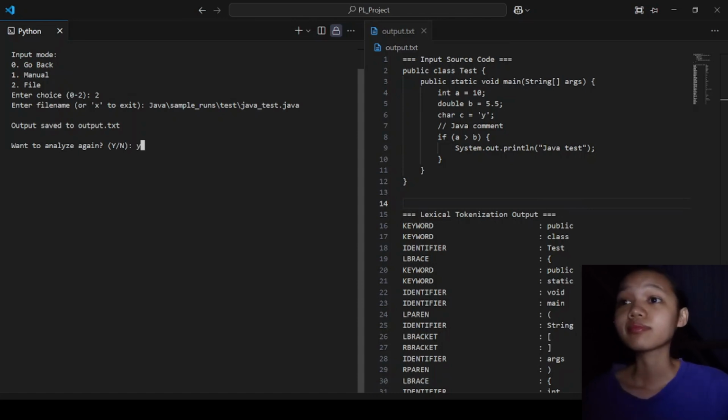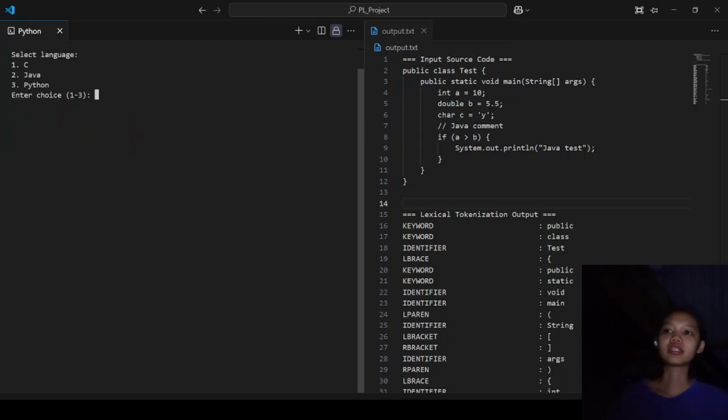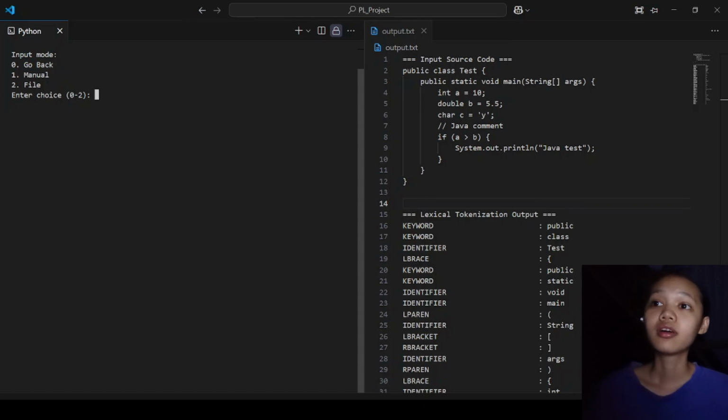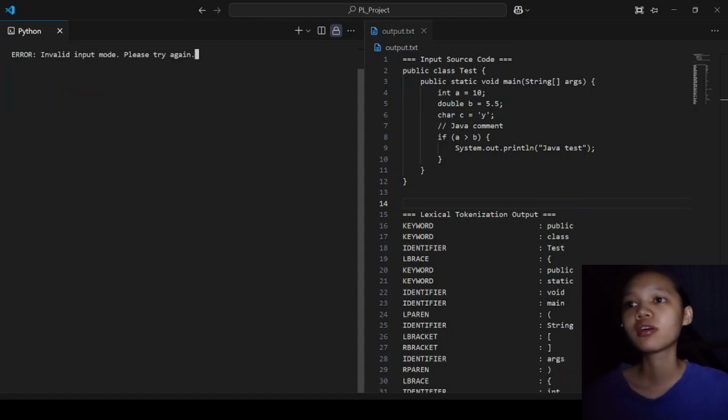So let's try to analyze a language again, this time Python. How will the program handle a wrong choice? Let's say, for example, we choose option 3, which is not included in the options. The program will simply display an error message indicating that the user input an invalid choice.